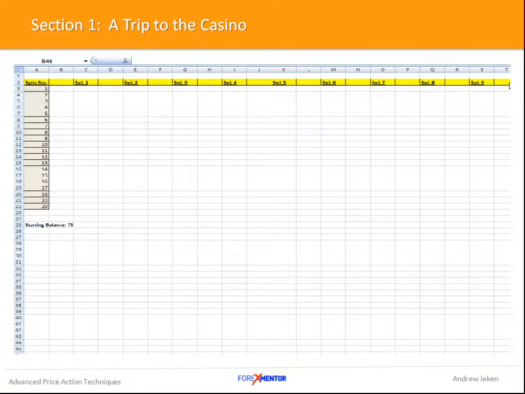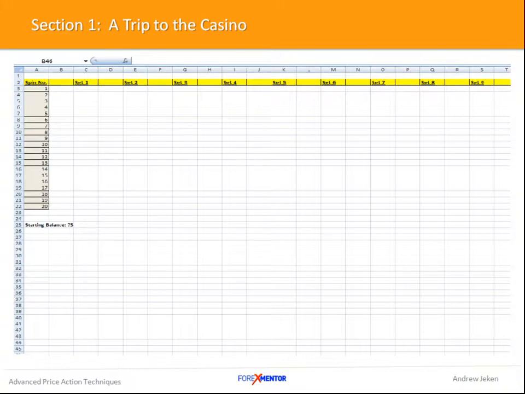What we want to do is simply track the process of the casino and then compare that to a trader putting on a live trade and tracking his performance. We're going to go through the same process, except now instead of using charts and technical analysis, we're going to use our slot machine.